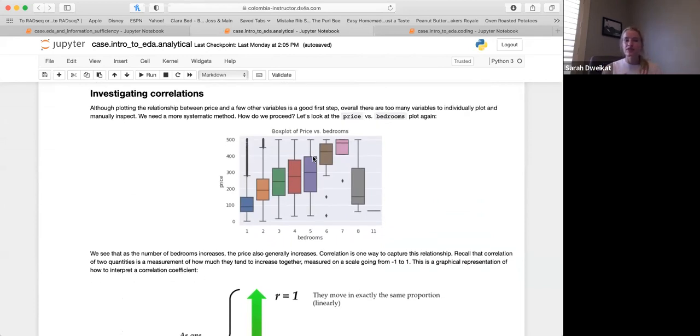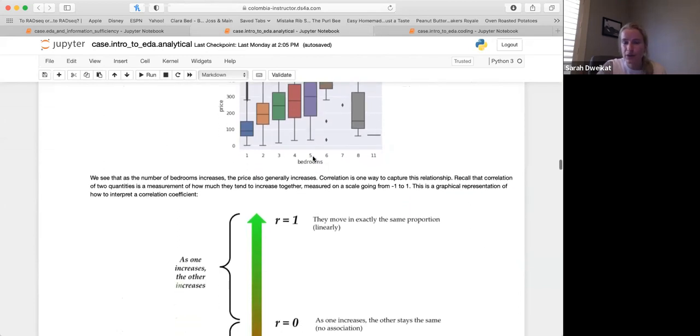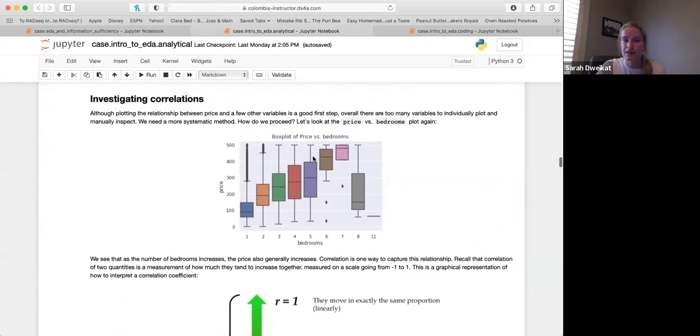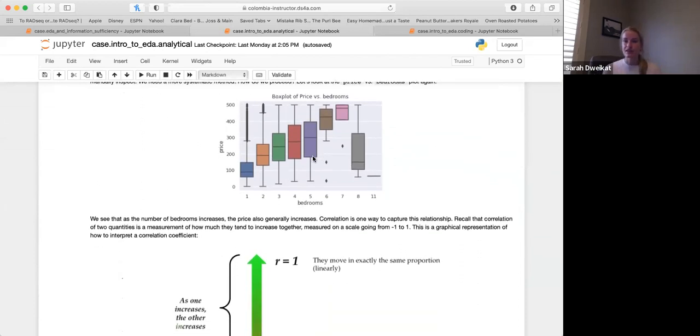We had found that it suggests a positive relationship in price versus bedrooms for our box plots. So what if we wanted to know if that is a correlation? Basically that means that there is a relationship between them. And again, tell me if you've already learned about correlations and I'm just repeating myself here, but a correlation means that there is a general relationship between two variables. It does not mean that one variable causes another. You may have heard correlation does not equal causation.